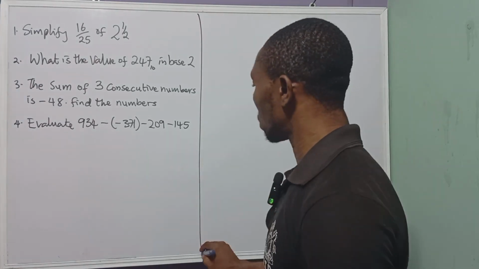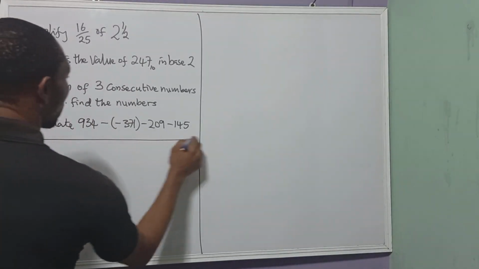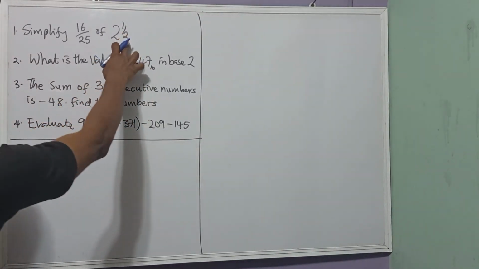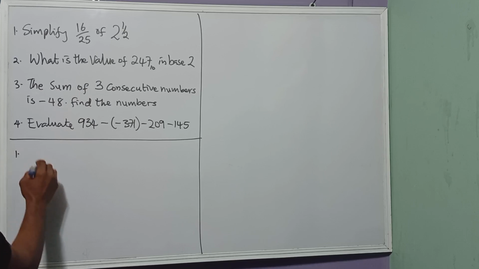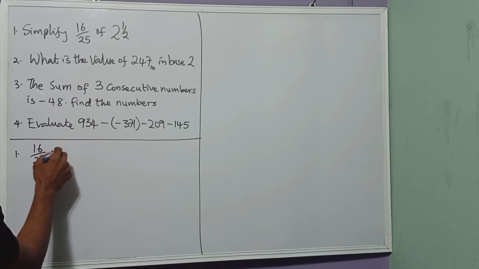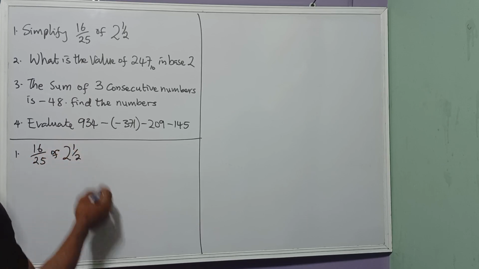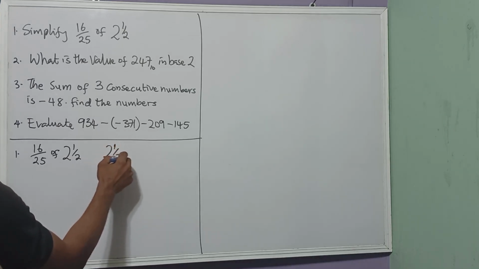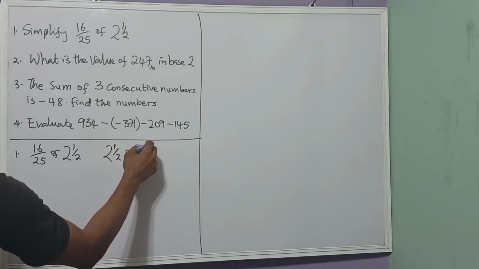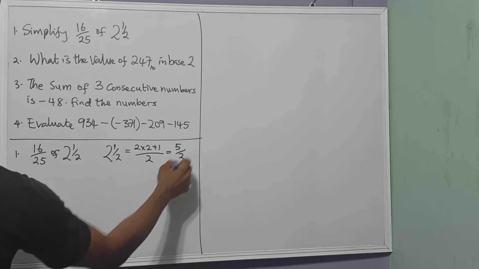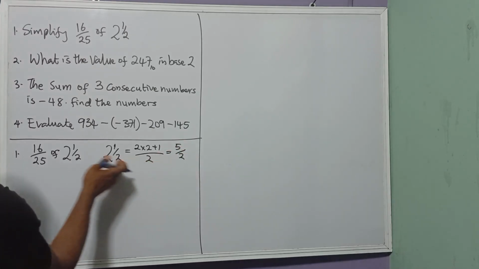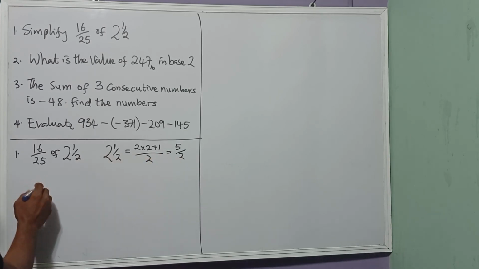Now, in order to do this, let's start with changing our mixed fraction to an improper fraction. It says 16 over 25 of two whole number 1 over 2. Now we know that two whole number 1 over 2 is 2 times 2 plus 1 over 2, which gives us 5 over 2. Okay, so replacing two whole number 1 over 2 with 5 over 2, we have 16 over 25